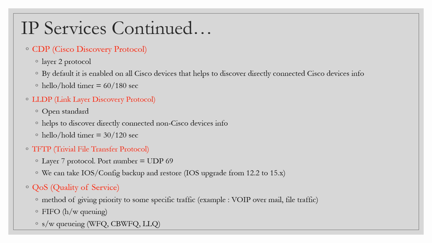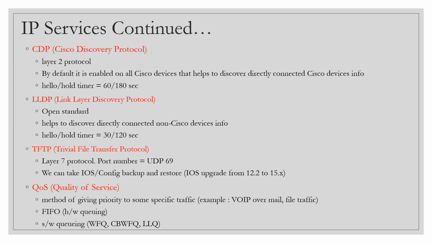So 60 means that within 60 seconds the devices will be connecting, and hold means within 180 seconds. Till that point of time, if the connection is not happening, then the device will think that the other device is dead, or not working. Now let's say it's a non-Cisco device, like a Juniper device, then how do you know that? Then you have to use the open standard protocol, that is